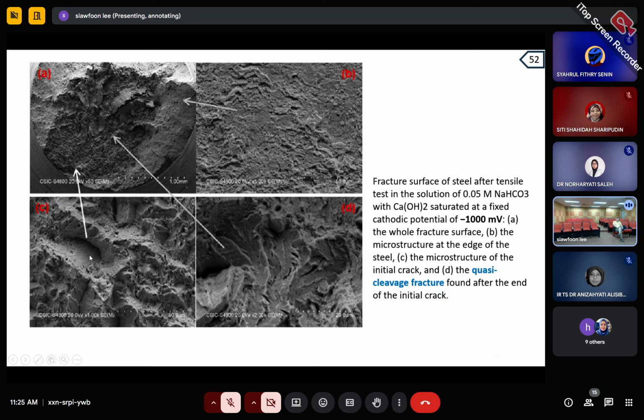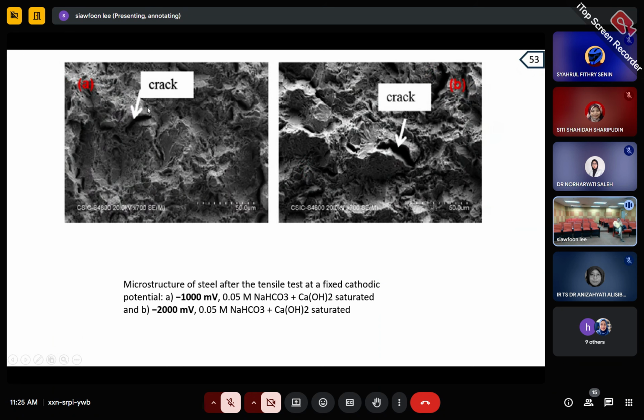And this should be the reason where the hydrogen gas enters into the steel and causes the steel to break under brittle condition. Okay, and another